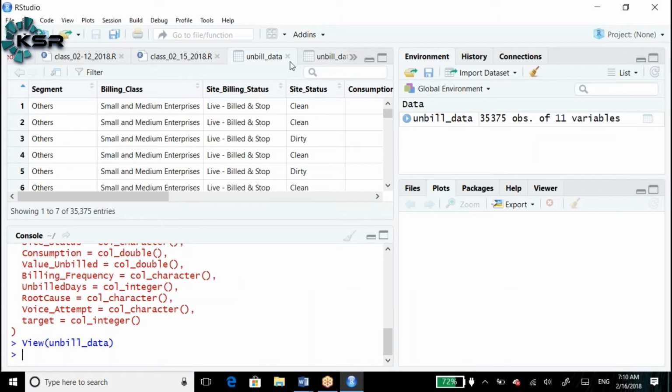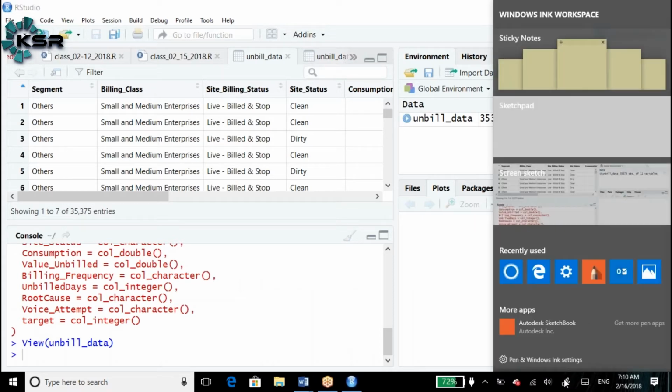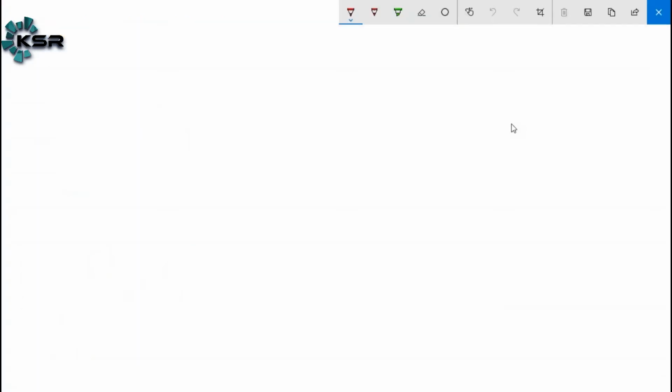So this data set consists of 35,375 rows with 11 variables. Prerequisites before we are ready to produce the insights. Insight means a kind of report or whatever your findings. Before we find the insights, you need to make sure of a few things. Those are, your data should not have,